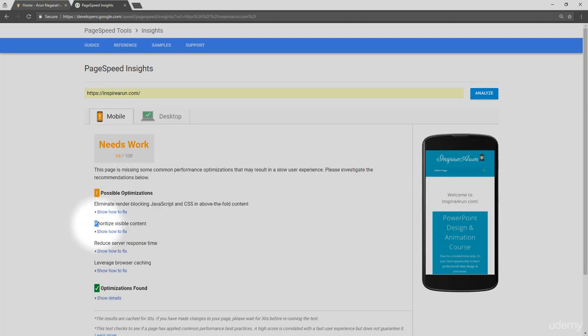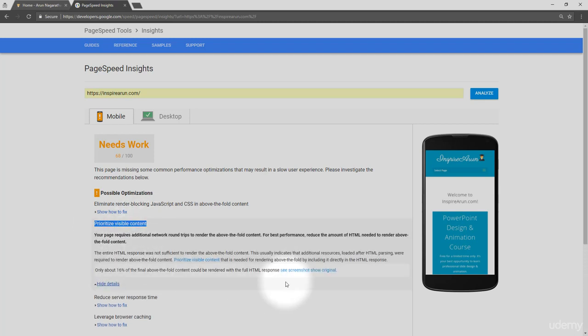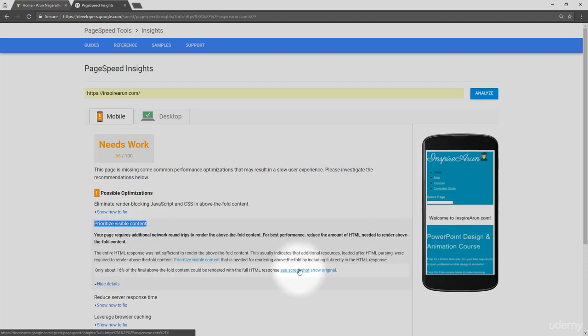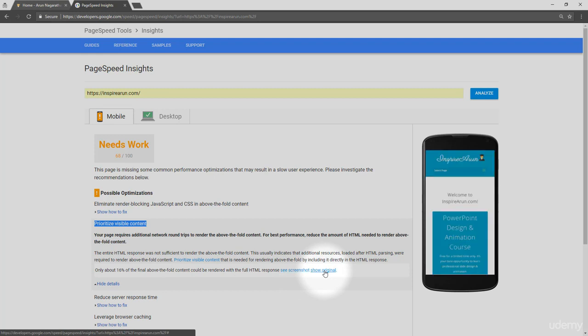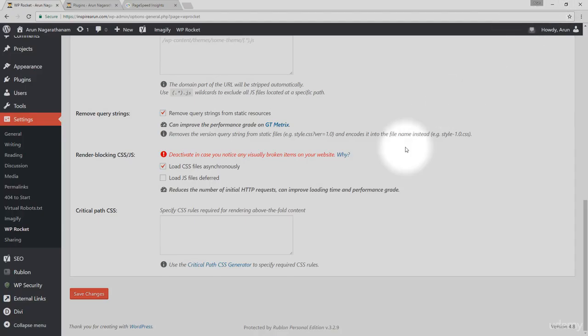See, here is the prioritize visible content issue. Expand this and you can see the screenshot. You could notice the website loading without any CSS styles at first, but eventually displaying correctly with all CSS styles. Though the flash of unstyled content is only for a few milliseconds, some users may notice it. To counter this issue, we need to add the critical path CSS in this box, or just disable the load CSS